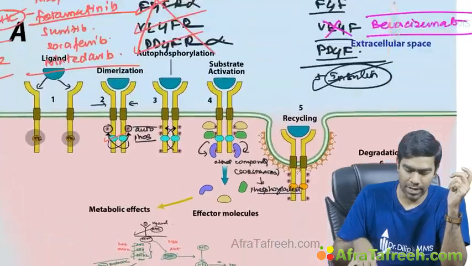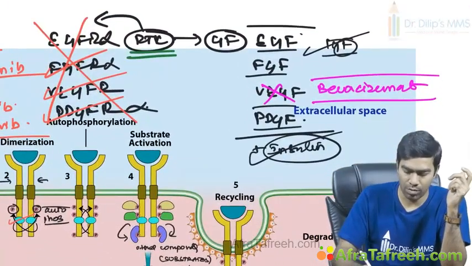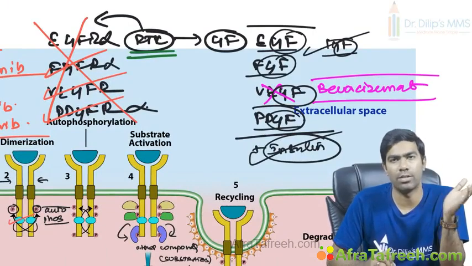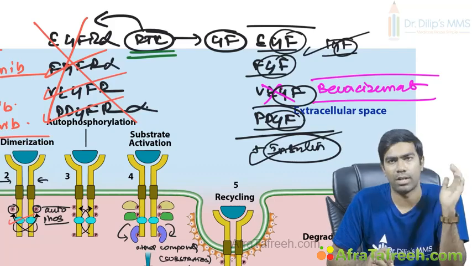Insulin receptor is an RTK only, receptor tyrosine kinase only, where RAS MAP kinase activation will result in growth promoting effects of insulin. At the same time, the metabolic effects of insulin are actually carried out by this protein kinase B pathway only. Clear? But final point, I told you a lot of growth factors, GF, all these things including insulin are going to act through this receptor tyrosine kinase only.